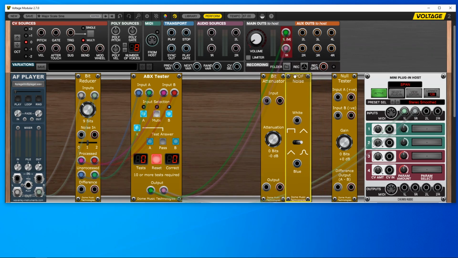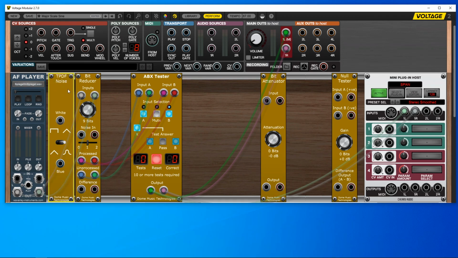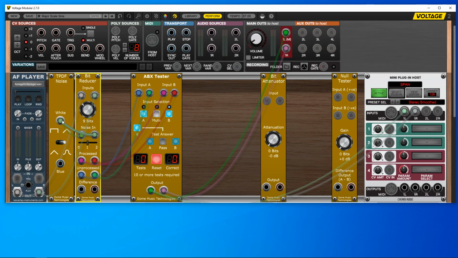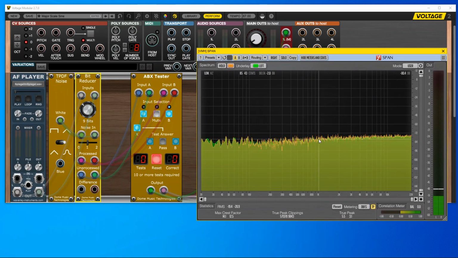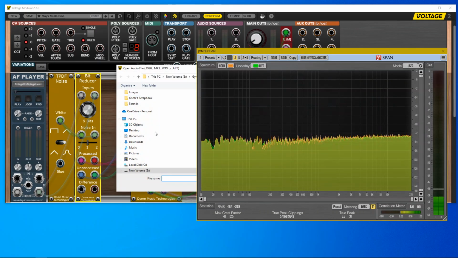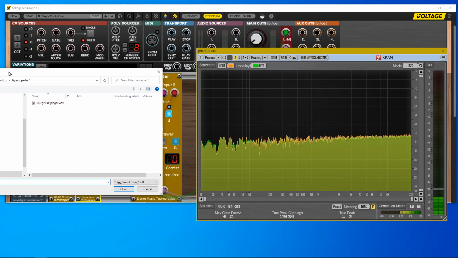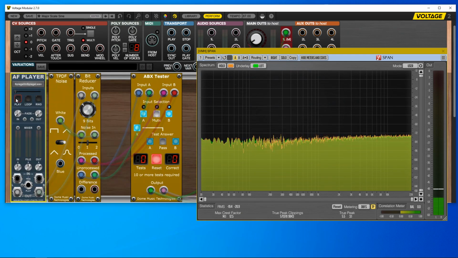So what I'll do is I'll take the triangular white noise and I'll introduce it to the dither noise input here, and what you can see over here on the processed noise is that there's a constant noise floor at minus 72 decibels. But what happens when I play the piece again? Oops, wrong one. If I play it,